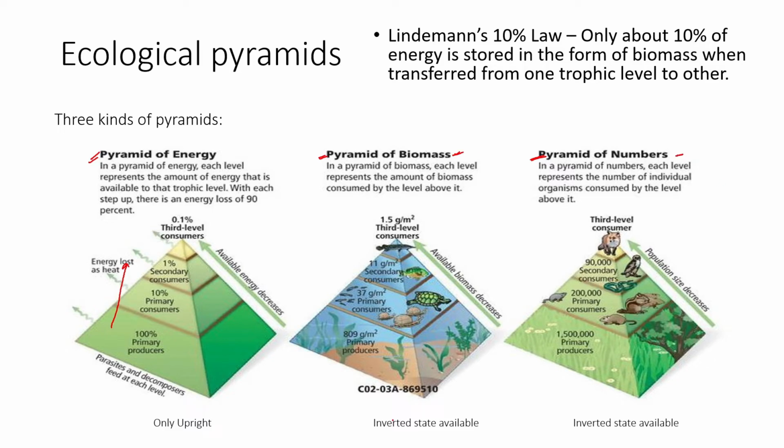Okay, now in all these ecological pyramids, the pyramid of biomass and the pyramid of numbers can be either upright or inverted. There are a few examples where the number of primary producers is lower than that of the consumers. Let's say a huge, large tree, a big tree. That is the primary source of food for multiple organisms. So let's say the producer is one, the large tree, then there are a few herbivores eating it, let's say 100 in number, then the carnivores that eat them are 1000 in number. Let's say one tree, there are grasshoppers, and then there are frogs